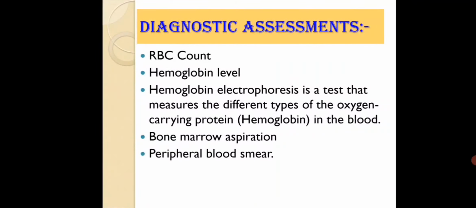Next is the diagnostic assessment of anemia. First, for diagnostic assessment, we have to take a proper history of the patient. In the history, we have to take the history of the underlying cause, whether the patient is having a bleeding problem, what the dietary factors are, or any underlying disorder, whether the patient is on any drug. So we need to take a detailed history of the patient related to the disease problem.